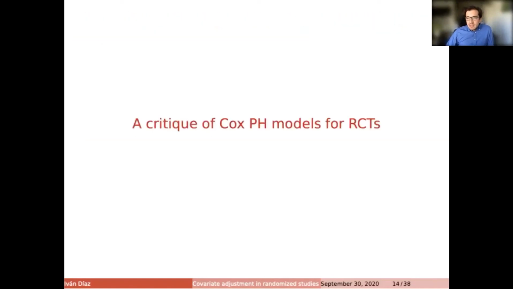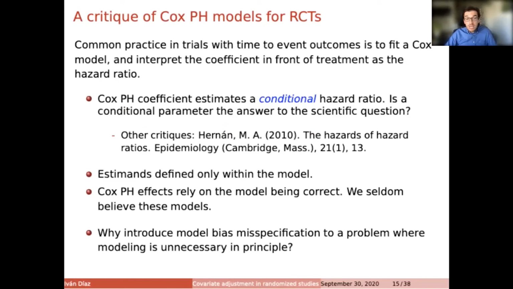So we've talked about the reasons why we should adjust in randomized trials, and now I'm going to move to the question of how we adjust. Whenever you see a survival probability, as a classically trained epidemiologist or statistician, what you think is, well, I have a time to event outcome, a treatment, and a set of covariates. I'm going to fit a Cox model. That's the go-to covariate adjustment or modeling approach that we have all been trained on. So I'm going to briefly talk about some of the issues of actually doing that